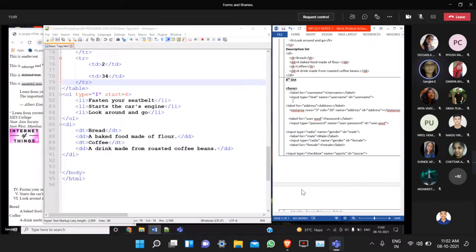Now, why do we have to give a name for the text box? Of course, the name attribute is not a mandatory attribute of the input tag. It's optional only. Which is the mandatory attribute of the input tag? Type. The type attribute is mandatory. Without the type attribute, you should not write the input tag. But name and ID are optional attributes. If you want, you can write them, otherwise you need not write them.